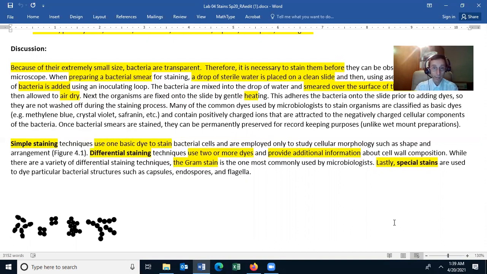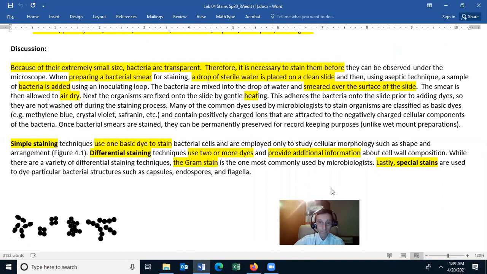How you make a bacterial smear is you simply put a drop of sterile water on a clean slide, and then add the bacteria, mixing them in. Generally you only use a little bit of bacteria. You then smear the bacteria all over the surface of the slide, allow the slide to air dry, and then